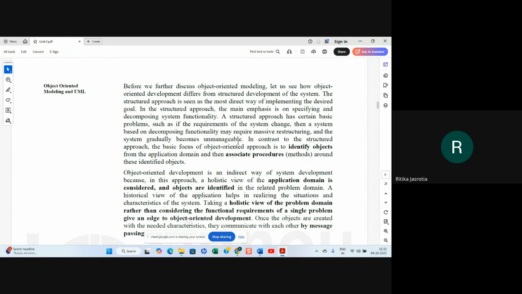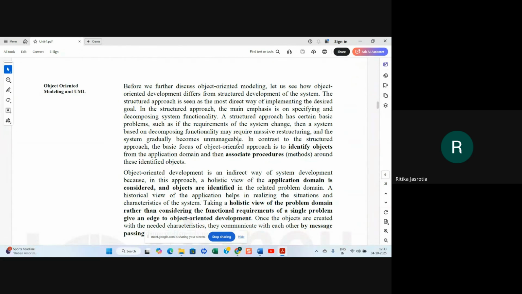What they are saying is that in the structured approach, we decompose functions, and when there are many changes or requirement changes in the system, then we have to make changes from the starting only. Massive restructuring has to be done from the start. We have to see where the change has occurred, and from the start we have to gradually manage the changes which are there.